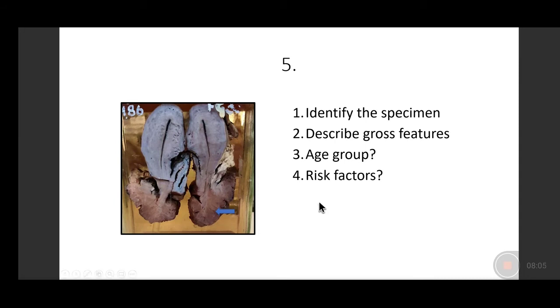Coming to the fifth specimen, you can see this is the specimen of uterus with cervix, and in this particular specimen, there is no attached bilateral adnexal structure. That is, there is no attached fallopian tube or ovary that can be seen. So in this one, you can see the endometrial cavity, the uterine fundus and body, and at the lower end where the cervical end should be, you can see there is a large exophytic mass.